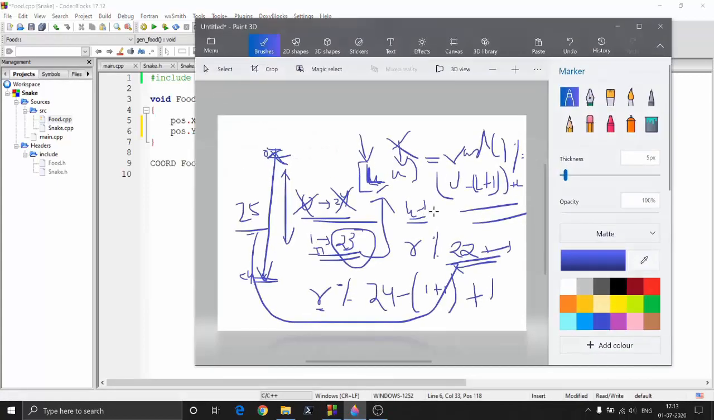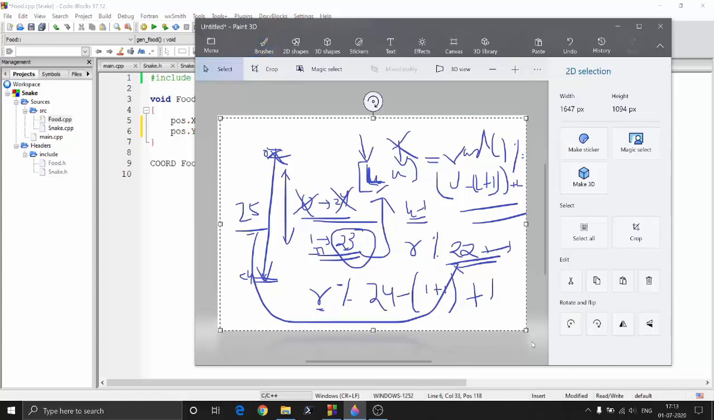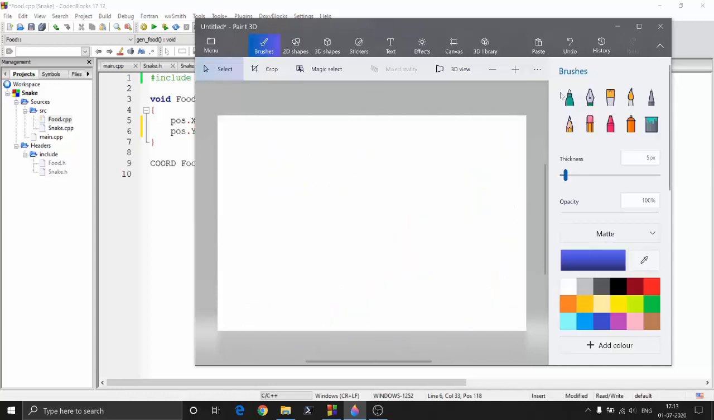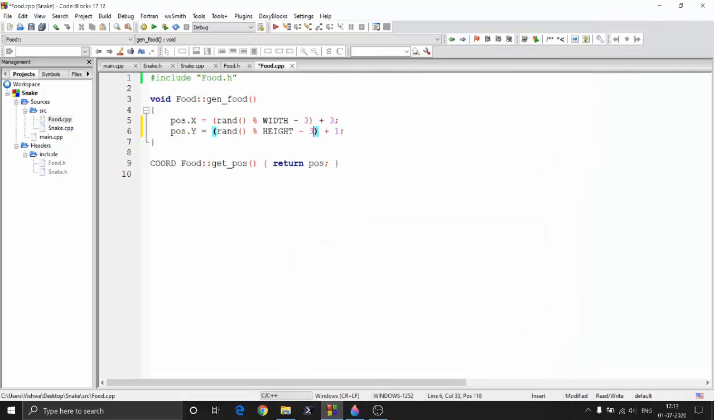So if you draw a similar kind of analogy, you will see that the same logic will work for the width also, right? So let me just clear that. And here it is minus 3 and this is plus 1. Now this will fix the disappearance of the food. And there is another major flaw in our